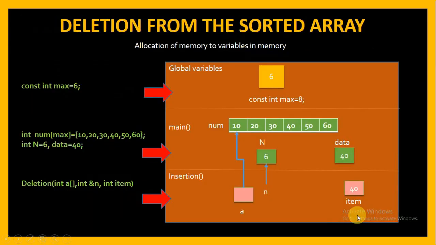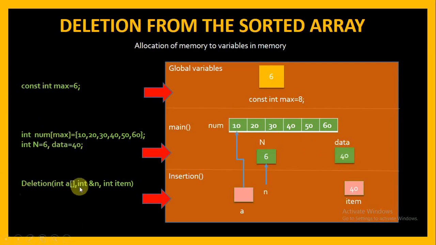So here again the memory is divided into three parts: global variables, main, and deletion. And you can see here this is constant int MAX, which is the global variable that has the value 6, and int num[MAX] is the name of the array which has all the memory. Memory of size 6 is allocated to it, and these values are filled in this array. Then we have a variable n which has value 6, which is the total number of elements present in the array,